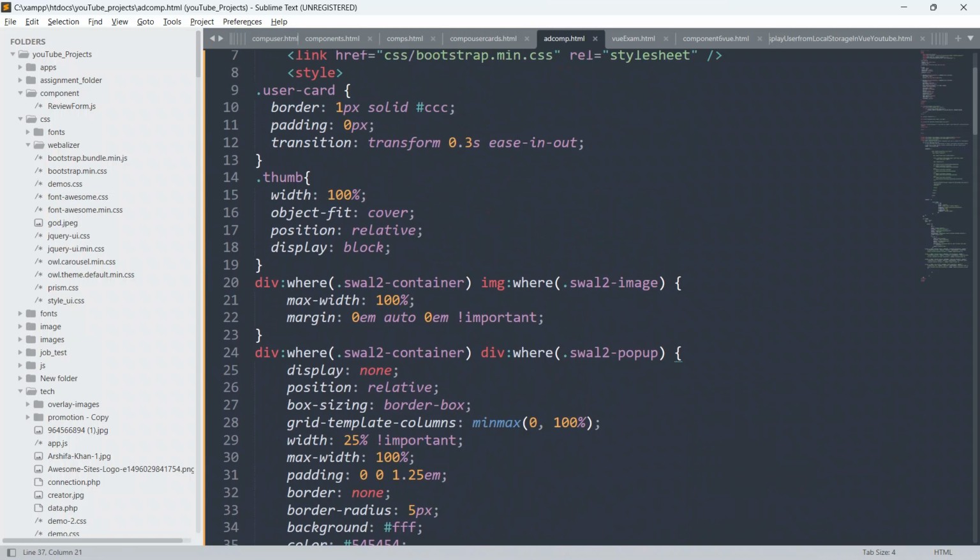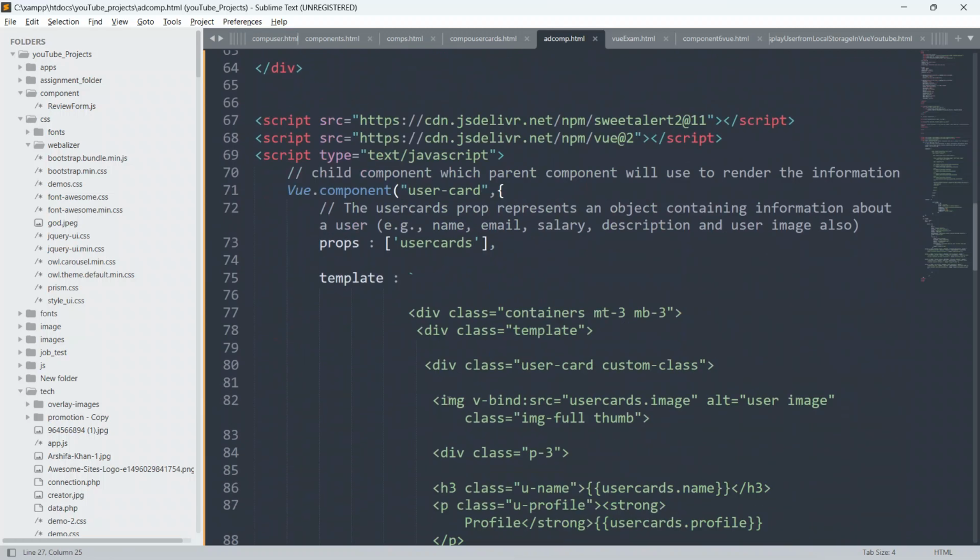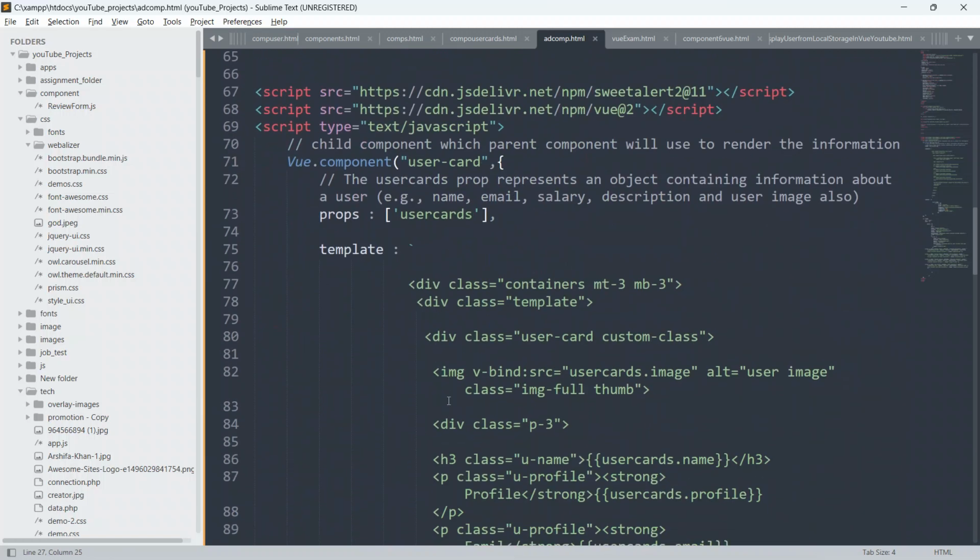I am expecting that you are experts in CSS, and you know how to play with CSS in your website and your application. That's why I just copied it from the previous example and pasted it here. We are just here to learn components and Vue.js.